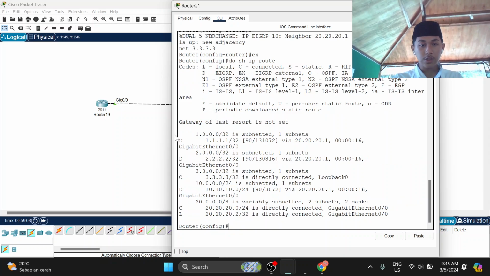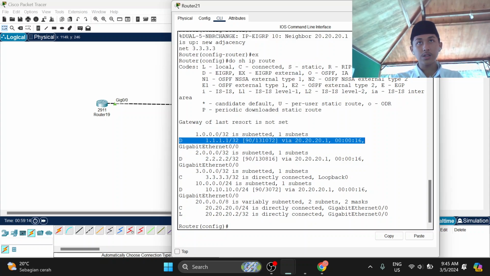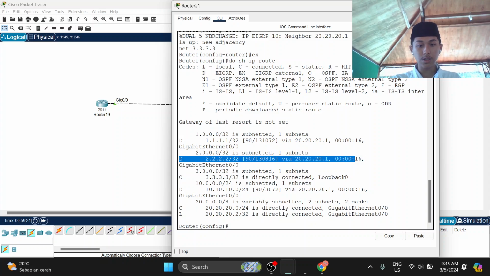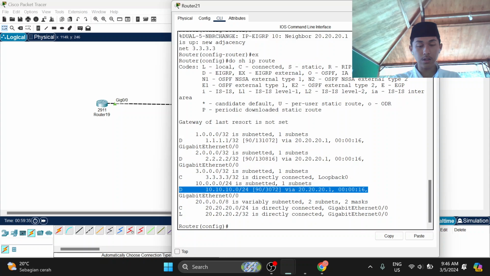As you can see, this D symbol stands for EIGRP. As you can see here, the code D is for EIGRP. This is connected to the interface loopback of our first router, the interface loopback of our second router, and this is the first interface of our first router.